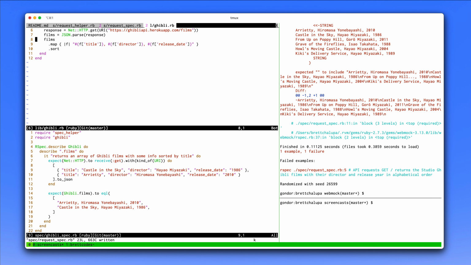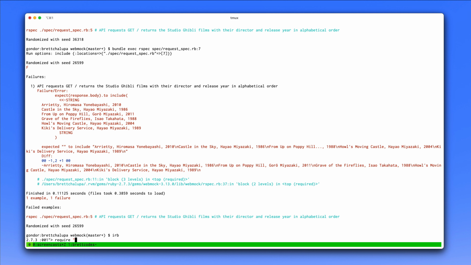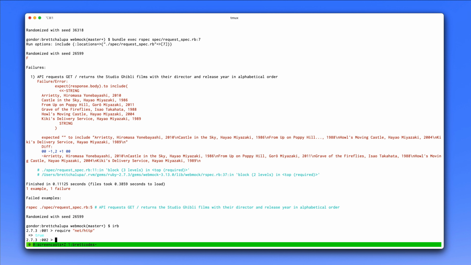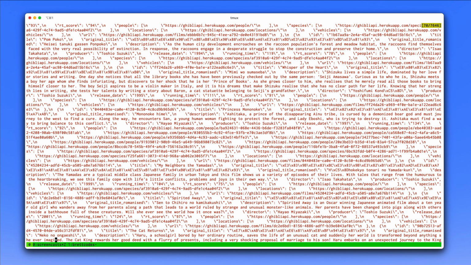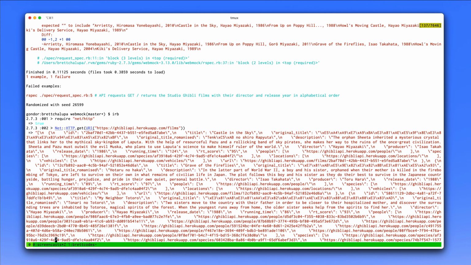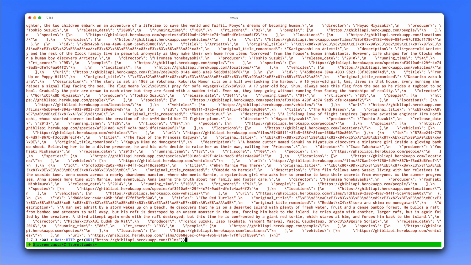So what I would do in this case is I would take this net HTTP code, I would just run it from my IRB. So in this, like if you're using Rails, you could open up a Rails console, and then I'm just gonna go ahead and run it. We've got this big response, which I think is a lot to manage, but what we can do is we can say